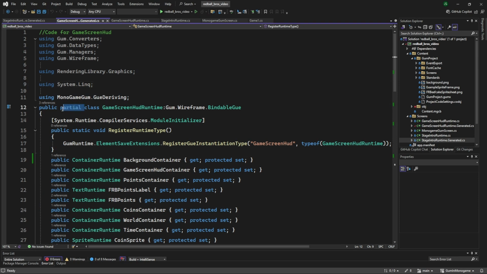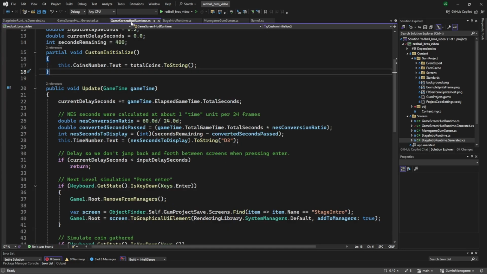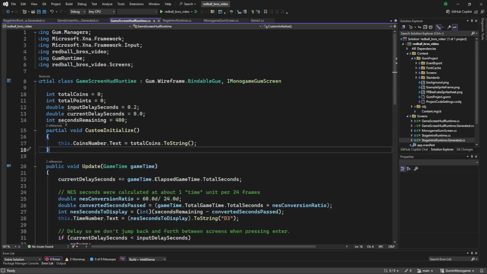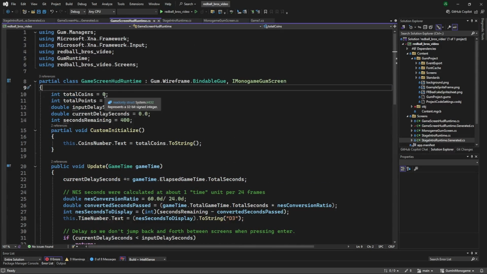That's why they're made as partial classes, so that this game screen generated and this game screen that's not generated, which is also a partial class, can combine together at compile time to make a